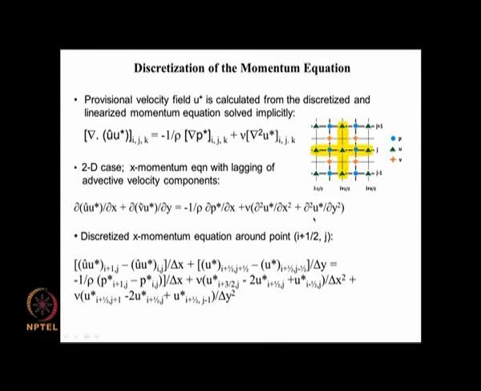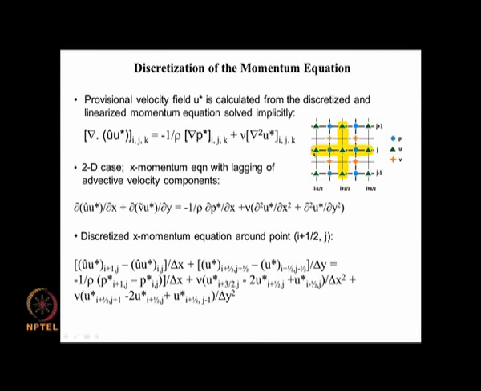This term is again using central differencing around this point here, because it is a second derivative with respect to y. We take the immediate up neighbor plus the immediate down neighbor minus 2 of this value. So that is why you have this as U at I plus half j plus 1, this one, minus 2 U I plus half j plus U I plus half j minus 1, this divided by delta y square. So this is the discretized x momentum equation at I plus half j at this point here.